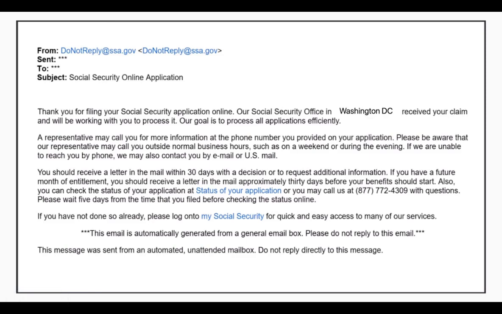Next, you should receive an email at the email address you provided. It should come from do-not-reply@ssa.gov. This is just to confirm that you have submitted an application online. Go ahead and keep this email for your records. This is a great indication that your application has been successfully submitted. If you have that confirmation number and this email, you can expect that your application will be processed